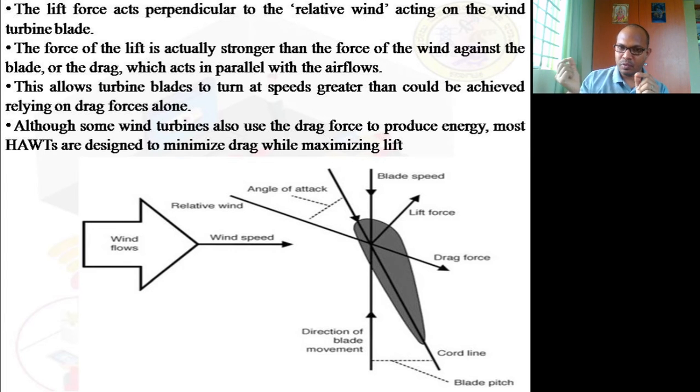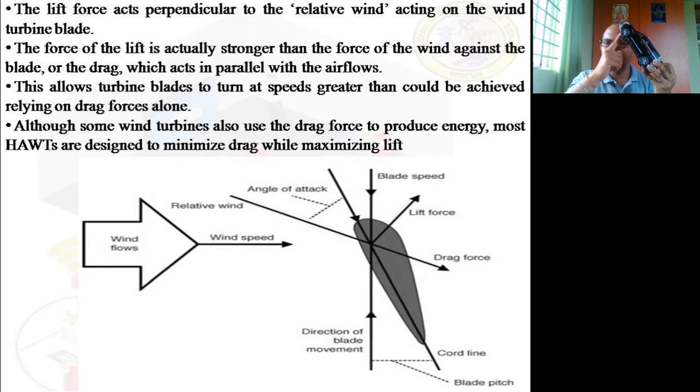This drag force will be acting along the direction of the wind. When the wind comes like this, the drag force will act along the direction of the wind. Drag force is always what drags it backwards. See, I'll tell you a simple way. When wind is blowing like this, there exist two components. One is along this direction and the other is along this direction, and there will be a resultant force like this. So the lift force makes this lift like this. Is it clear? The other force, which is the drag force, acts at the backward position, which pulls this backwards, which drags it back,